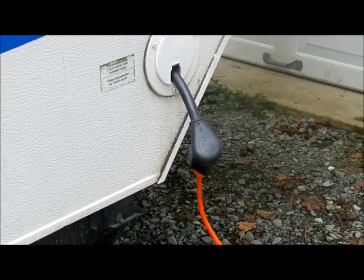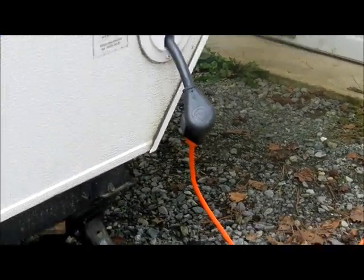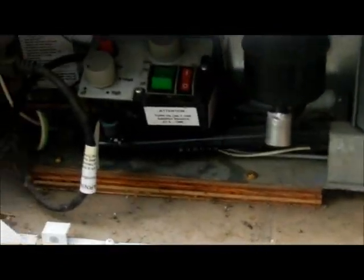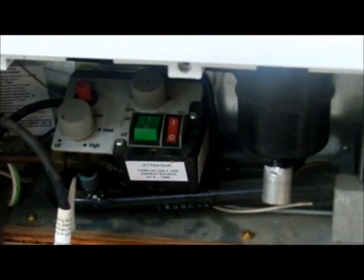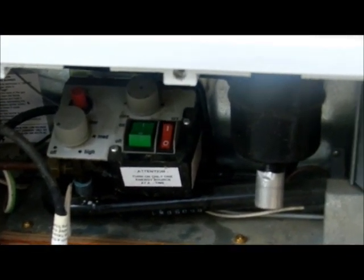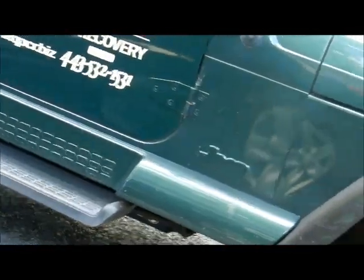Okay, we're going to go in and do some things. One thing I want to point out is I have power hooked up on the outside. I do have the green one pressed down for outside power. The red one is not pressed down, turned on. The battery I just charged. So it's still disconnected, still missing that one fuse. So we're going to walk around